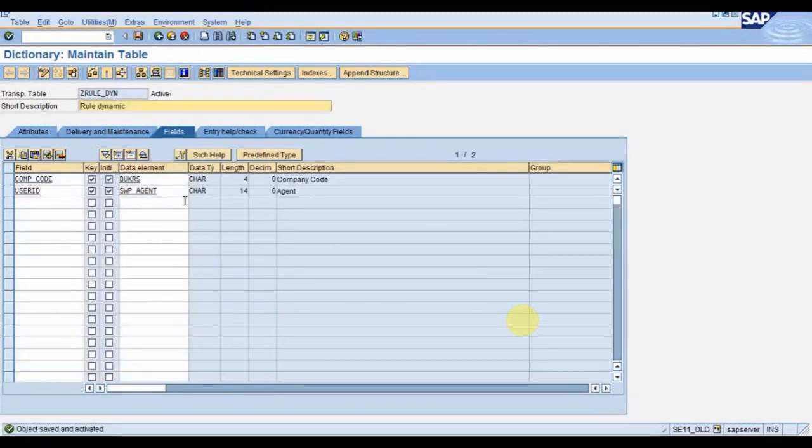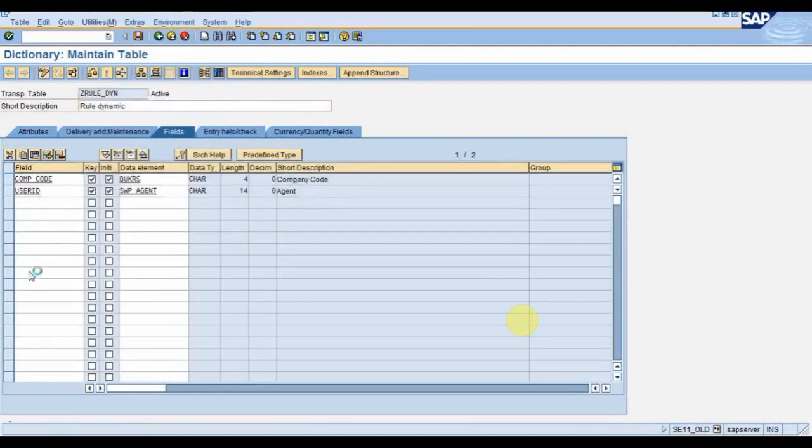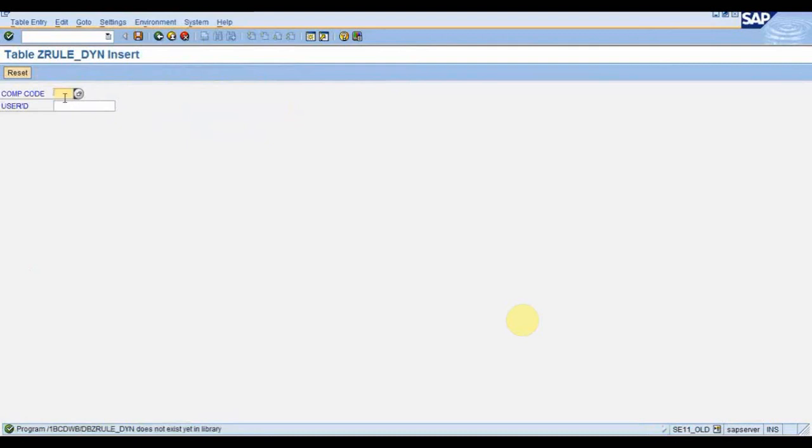So I have created one table where I am having two fields called company code and user IDs. Now I will maintain the table. I'm just preparing this table so that we can fetch the data from it.